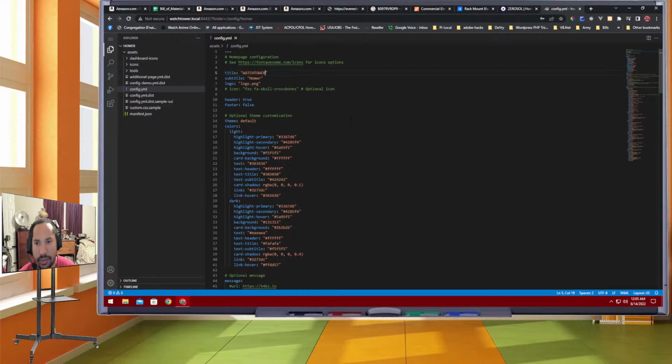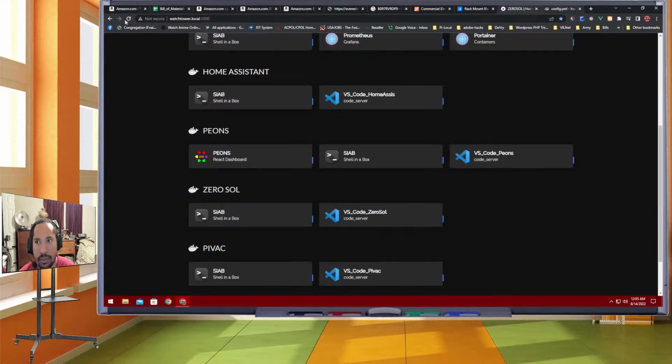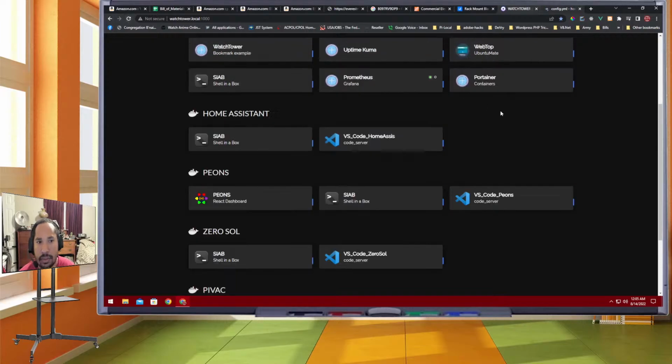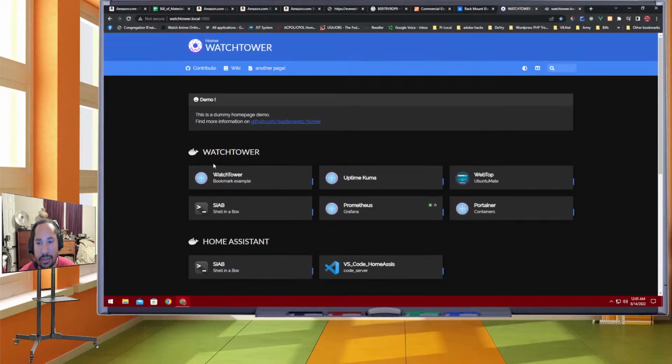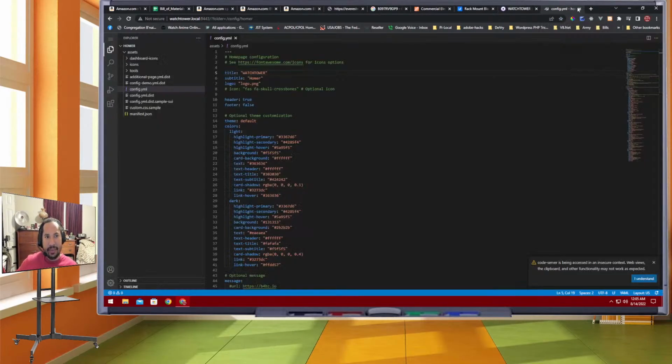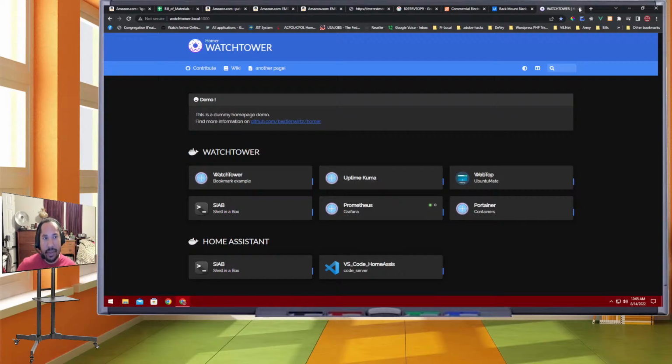Like so. Stop listening. Beautiful. Docker container, icon, web top, etc., etc. Okay? All right, back to the spreadsheet now that we've made sure the web top is